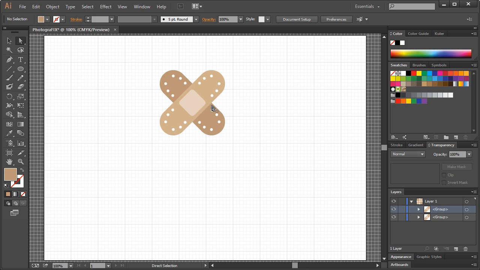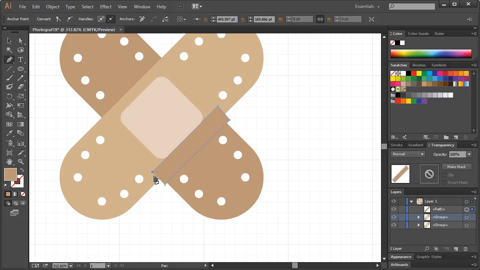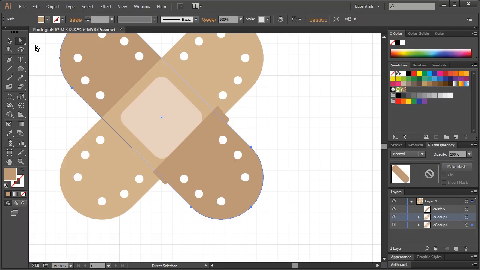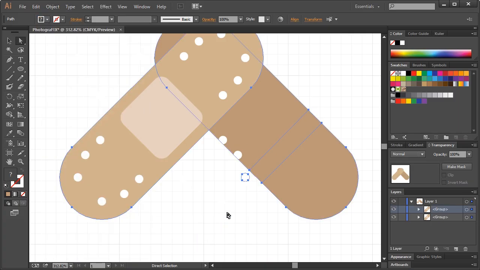All right. And I also want to add a very brief shadow right here. So what I'm going to do is zoom up, and I'm going to take the pen tool. And I'm going to click just right around. Well, first I want to go to View and turn off Snap to Grid. So I'm going to click right around there. I can hold Shift. And then just up here, randomly. And then what I can do is, if we take this right here with the direct selection tool, and then this right here, and temporarily just move this over, I can go to Object with that selected, Path, Divide Objects Below,